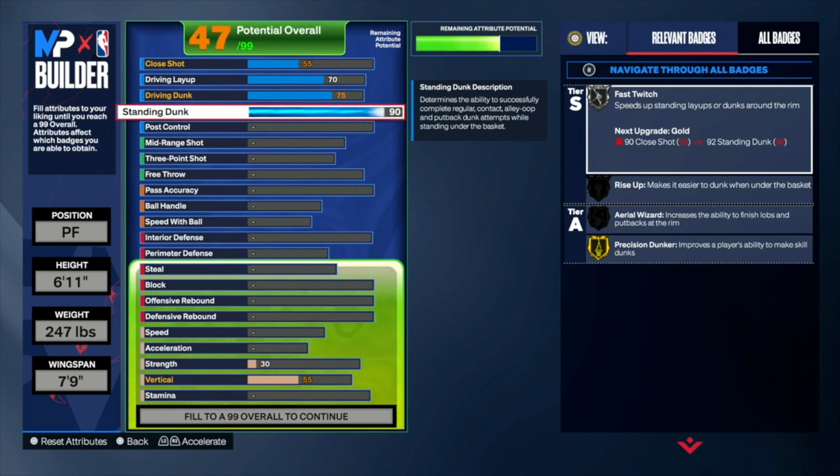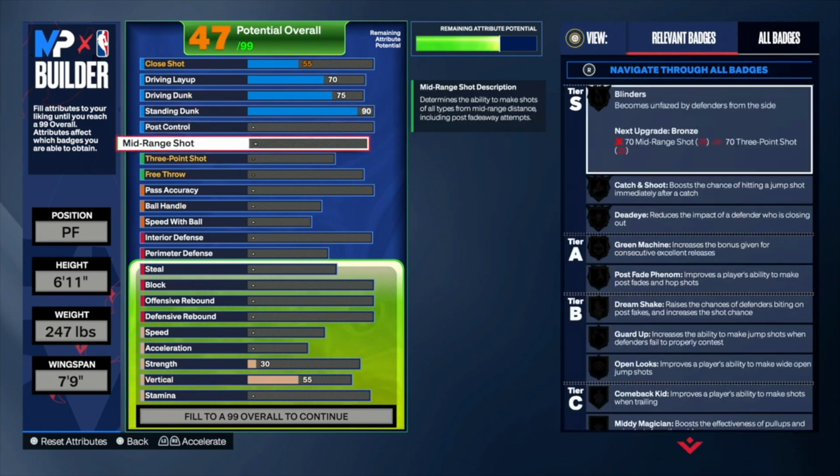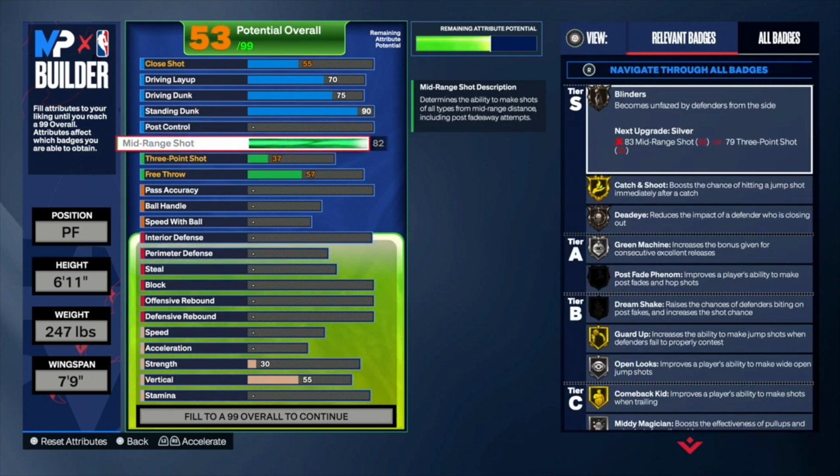Once you guys are done with finishing, you want to go to shooting. For shooting, what you guys want to do is upgrade your mid-range to 82. And there are two reasons we want an 82 mid-range. One, so we can get the jump shot bases we want and need. Because if you want a good jump shot base, you're going to need a high three-pointer or a high mid-range. So we want to upgrade our mid-range because it won't take too many attribute points from you. But if you try to upgrade your three-pointer all the way, you won't even have a high three-pointer